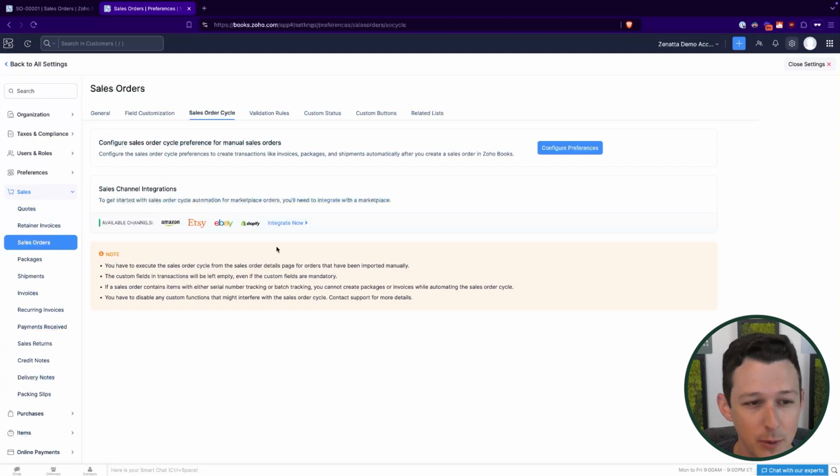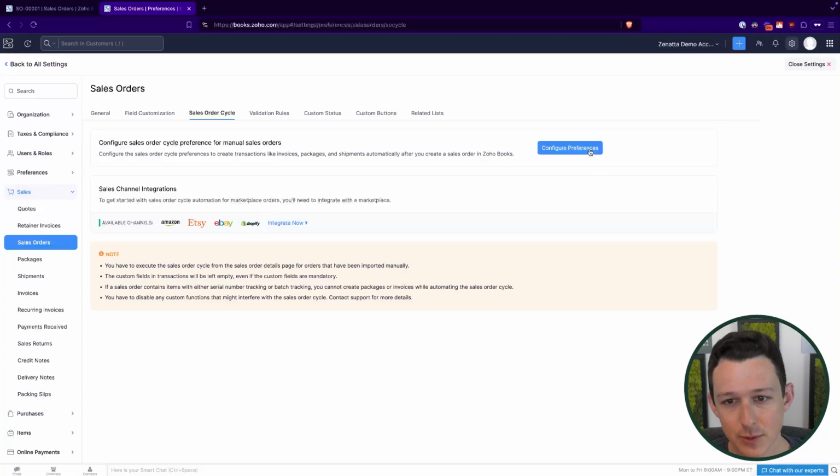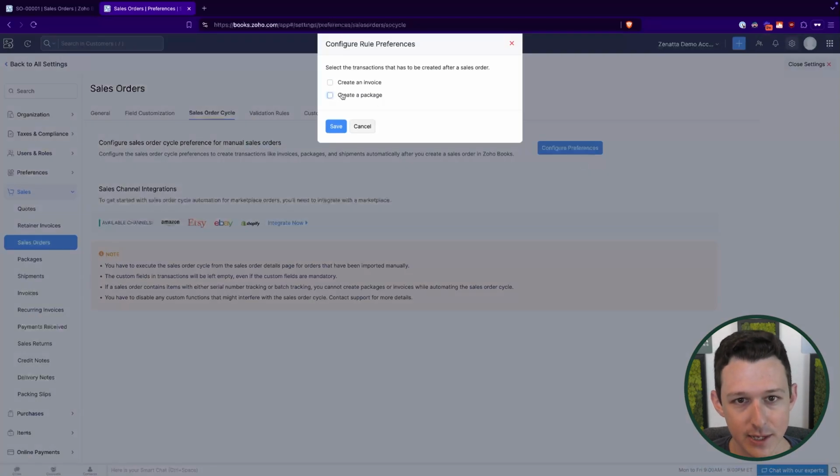So a really common one, right, is when something is ordered on Shopify and it's written into Zoho Inventory or Books as a sales order, it's paid, right? So why not just automatically create the invoice and mark it paid as part of that process? Let's jump in and see what we can do after a sales order is created